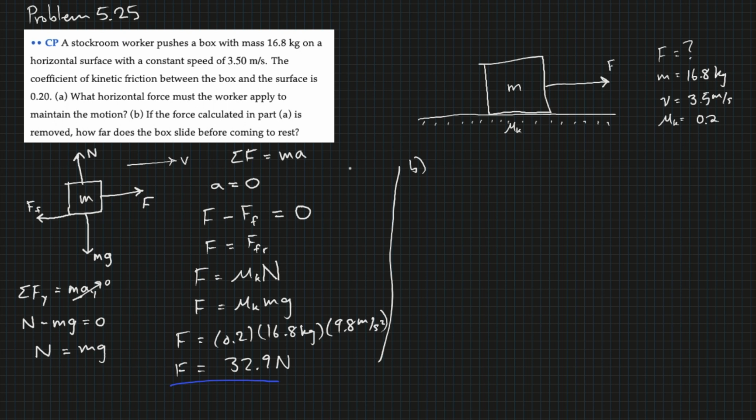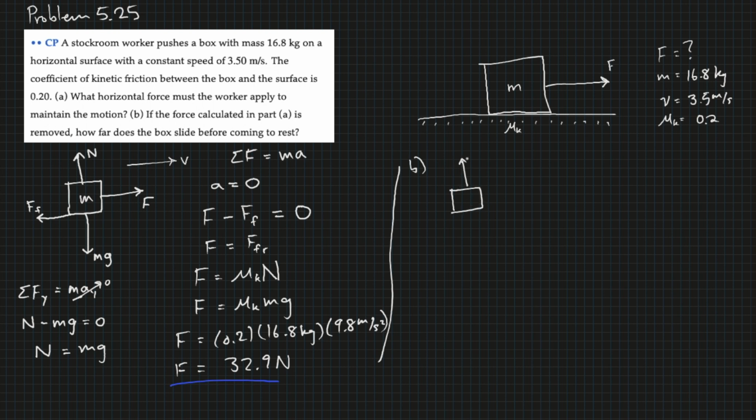So you can imagine, this worker's pushing the box, and then they just let it go for a second. It's going to slide a little bit further, slowing down, obviously because there's friction involved, but eventually it'll come to a complete stop. So how do I figure out what that is? Well, since we've removed a force, we're dealing with a slightly different problem here. So I'm going to redraw